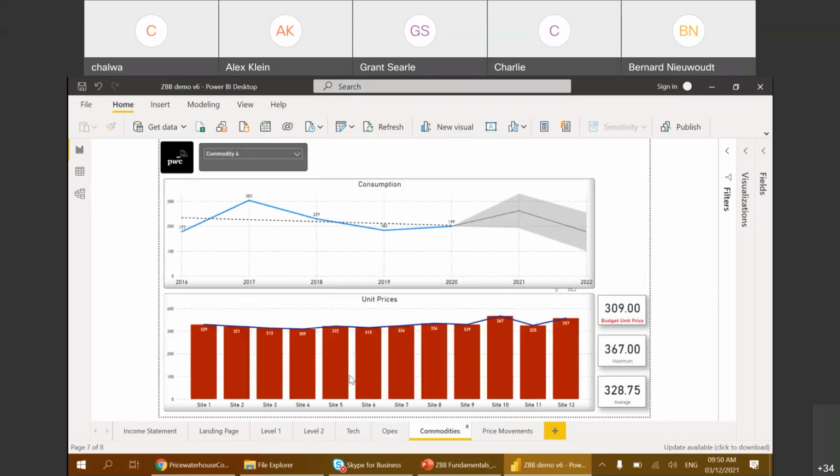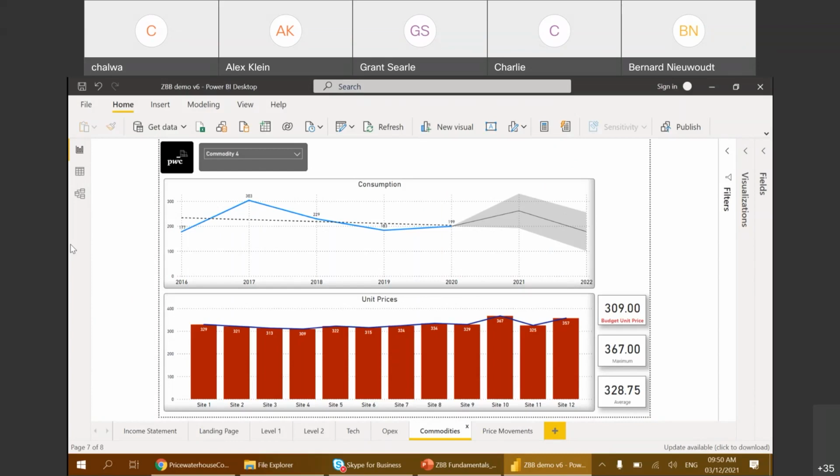Then a slightly more complex one is one we did for a company that was spending very heavily on commodities. Now, a commodity could be anything from PPE or cleaning equipment to something complex in the context of a mine, where it could be a mechanical engineering item or whatever the case may be. But the idea would be to not look at commodities as a one-liner on the GL, but to break that GL into whatever commodities make up that line.